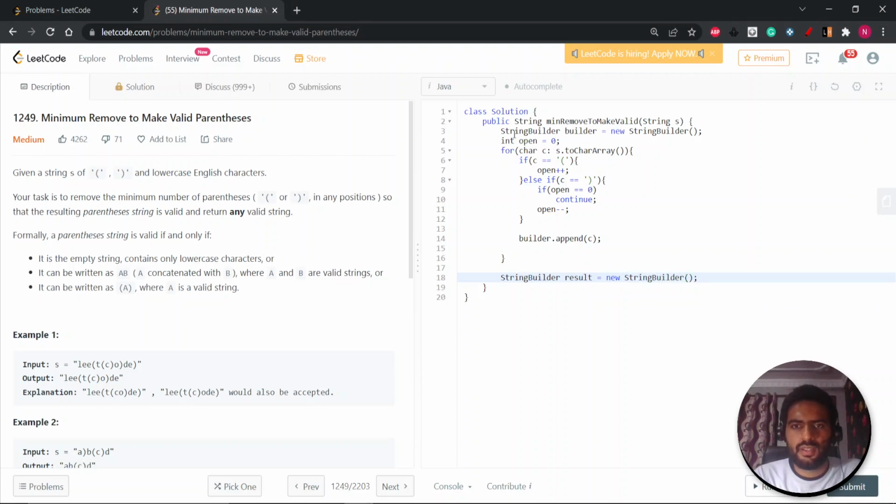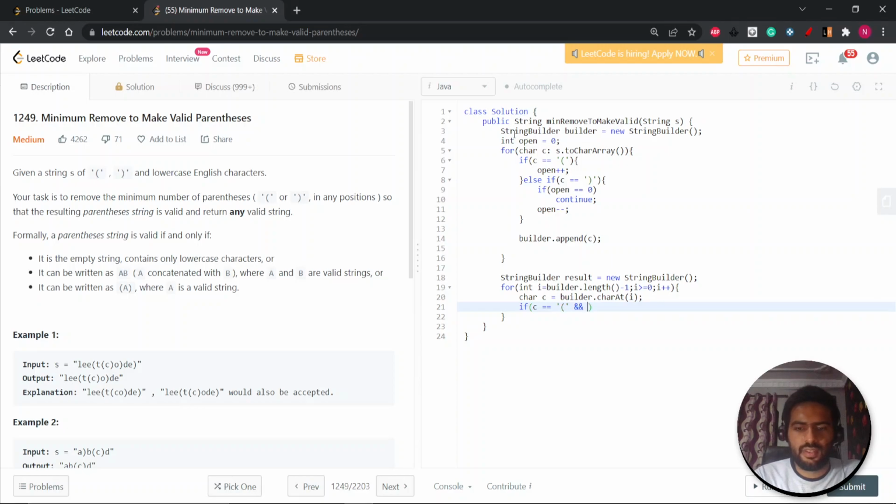We'll iterate from the last, like builder dot length minus 1, i greater than or equal to 0. Let's take a character, builder dot charAt i. If your current character is an opening bracket